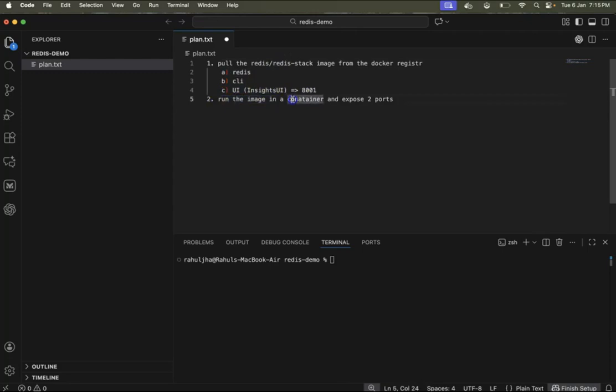Next, we are going to run this image in a container and expose two ports. What ports are we going to expose? The first one is where the Redis server is going to run. Another one is going to be 8001, where the Redis UI is going to run. Although you might not require the UI in your production systems when you are using Redis, because the UI is just to see the keys and documents that we create within the Redis infrastructure. So after we create this image and run it, next we will explore the UI